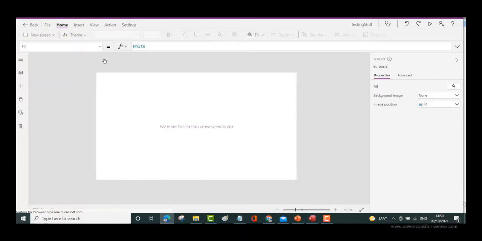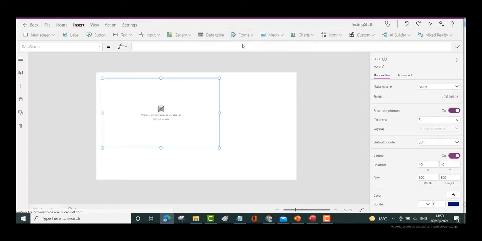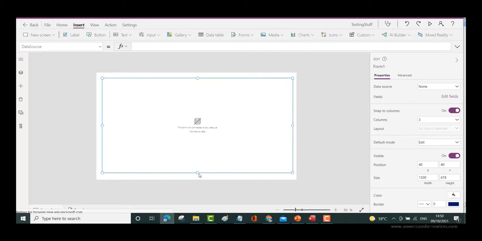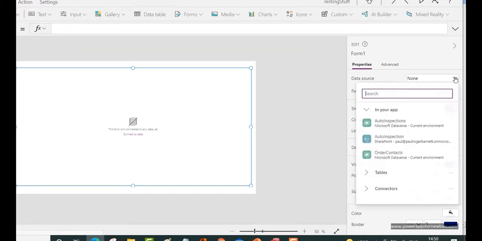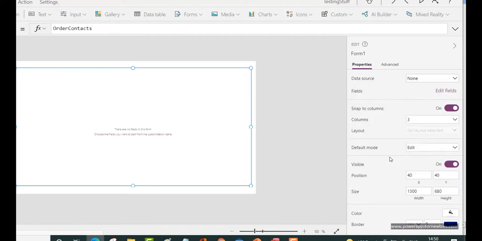So if I now insert a form, make it editable, and I want to select the data source here. So what's it going to be? It's going to be order contacts, and it doesn't seem to drop all the fields that I have in there onto this form. And I've noticed this before, so I'm not sure if it's a bug or what at the moment, but I have to manually now